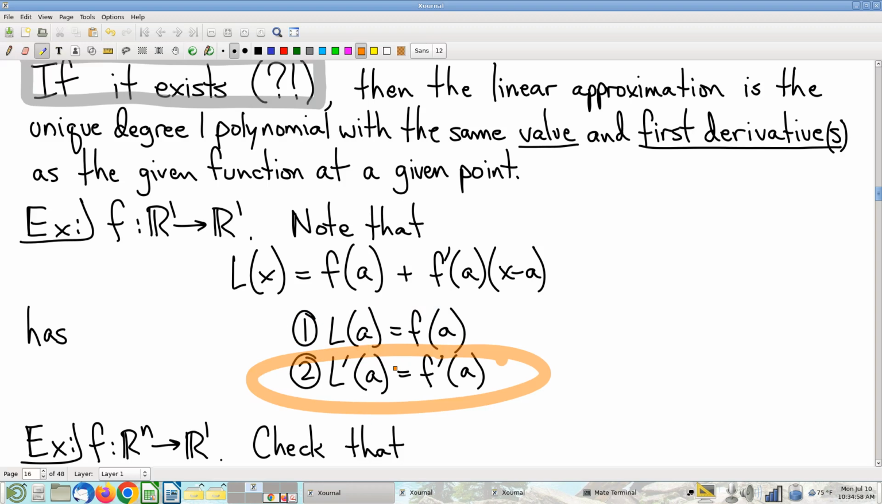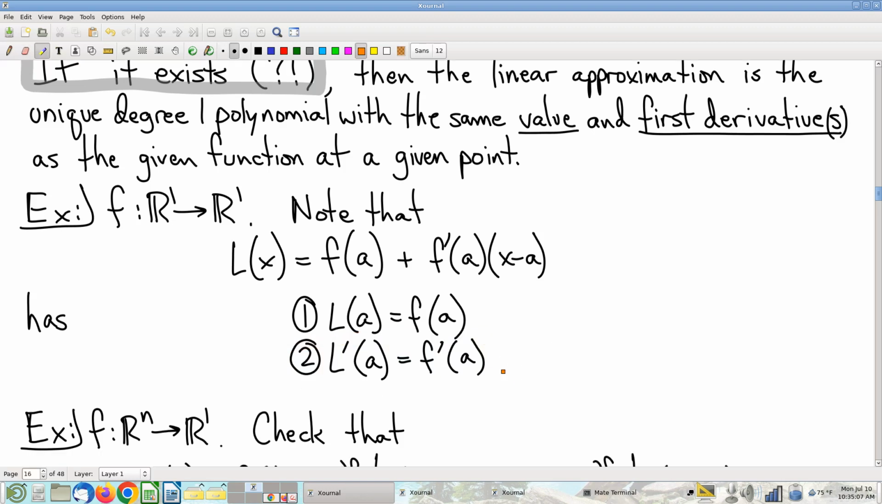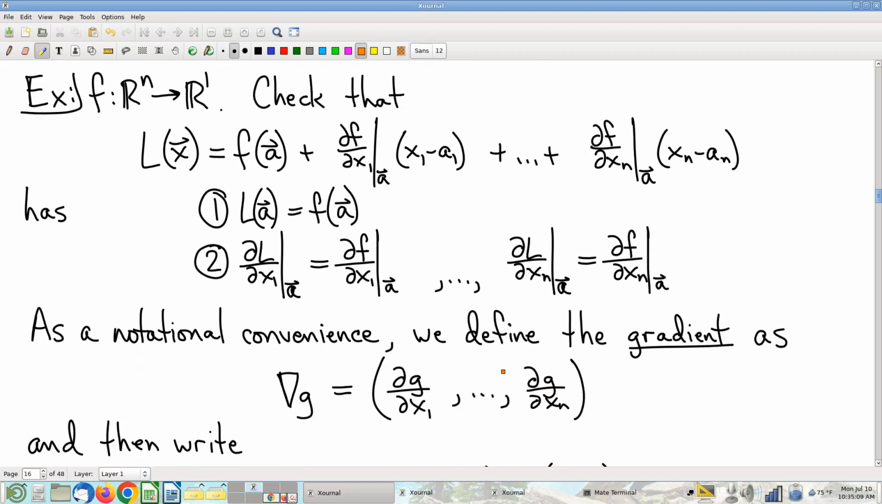Right? There's just a slight subtlety to it. It's not hard, but it is a slight subtlety. Okay. All right. So with this in mind, if you have a multivariable function